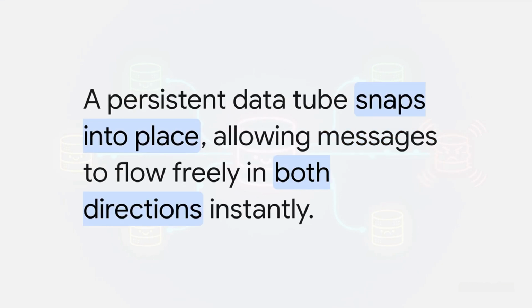Just imagine it like this. A single, glowing blue data packet flies from your phone and smacks into the server. And the second it hits, bam! A thick, persistent neon tube snaps into place, creating this permanent data highway between your phone and the server. And now, messages can just flow freely back and forth as these little orbs of data, instantly.